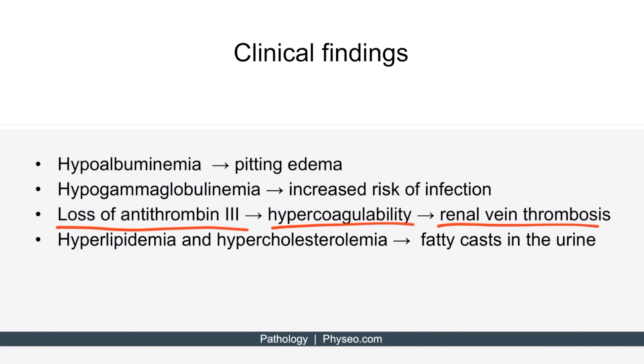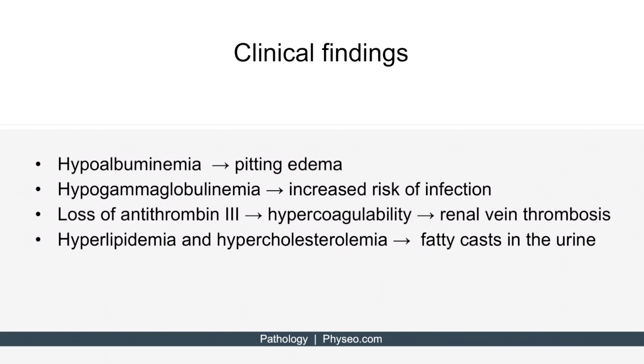So they're clotting more. Renal vein thrombosis presents with a sudden onset abdominal or flank pain, left-sided varicocele, and elevated lactate dehydrogenase. Finally, the low oncotic pressure that occurred as a result of hypoalbuminemia will also trigger lipoprotein production